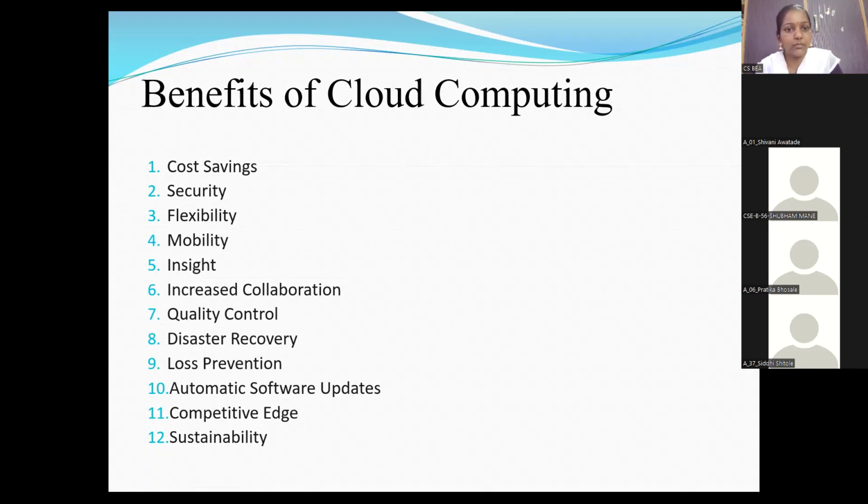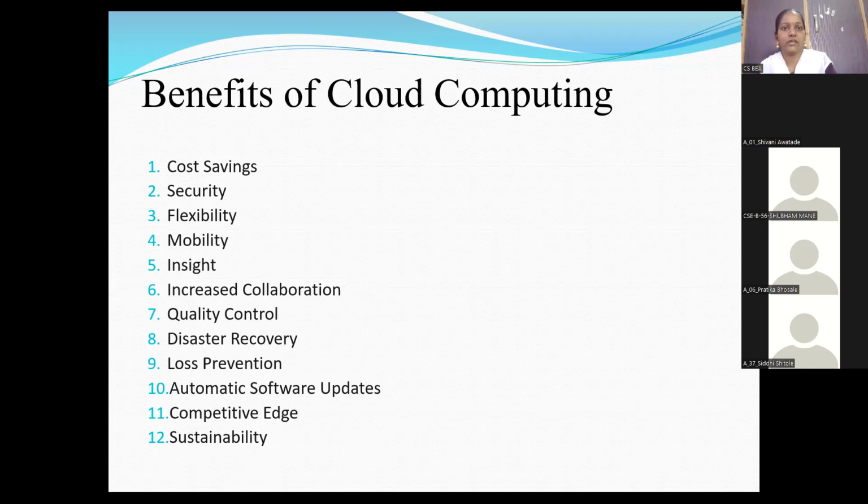And finally, sustainability. So here, it is the current state of the environment. It is no longer enough for organizations to place a recycling bin in a break room and claim that they are doing their part to help the planet. Sustainability requires solutions that address wastefulness at every level of a business. Hosting on the cloud is more environmentally friendly and results in less of a carbon footprint. So that's why it will be more and more sustainable, we can say.